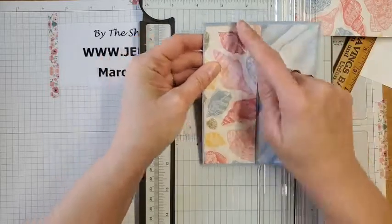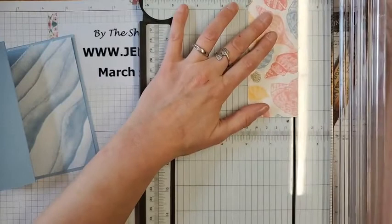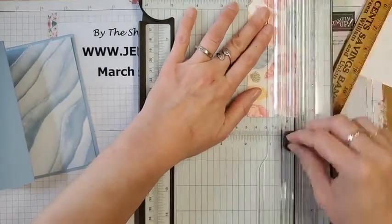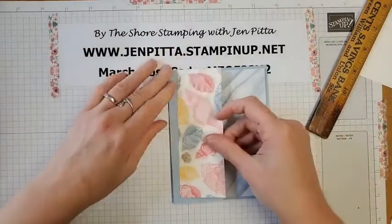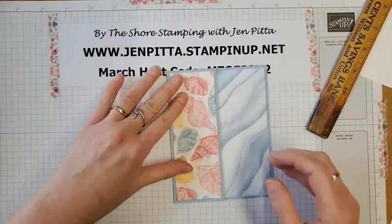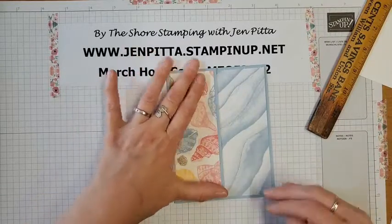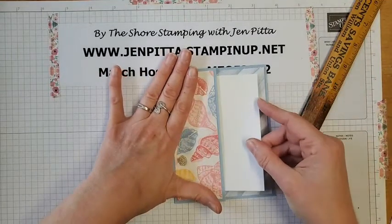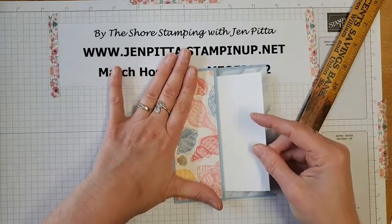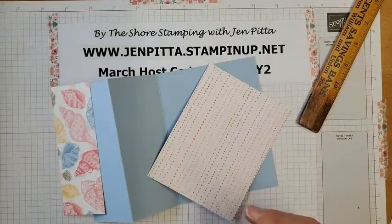Yeah, see, there's more on the top and the bottom than there is on the side, so I'm going to just take off like 1/8 of an inch here, so it's more centered. Okay, so I'm going to do that like so. This paper is so pretty, and it's going to work beautifully with this stamp set. I'm actually going to wait on putting this here. I am going to tape this down just to kind of get us